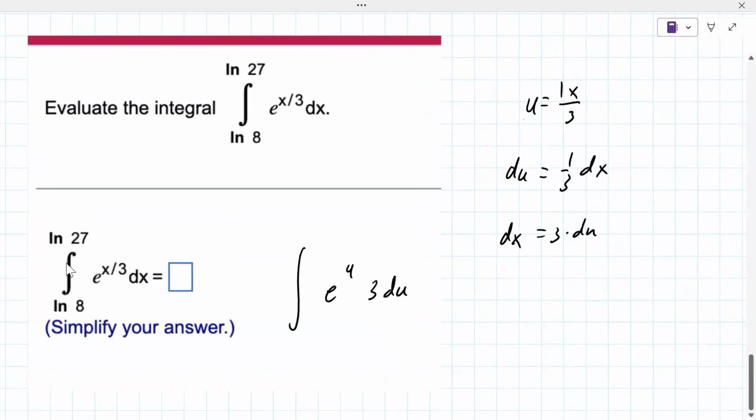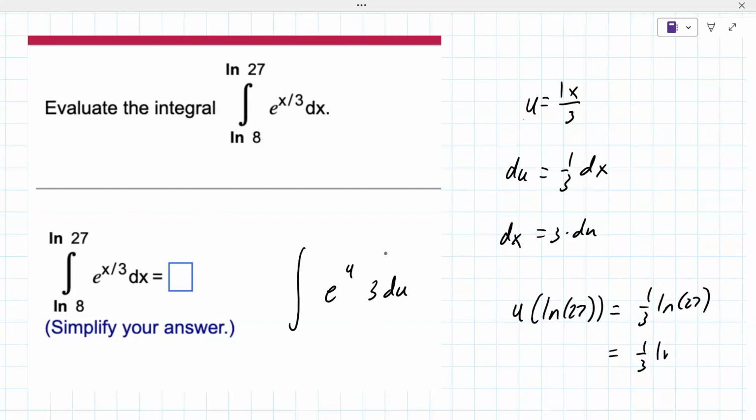And then this one, I don't know that I would change the bounds, because when you put natural log of 27 in here, it doesn't really reduce. I mean, it does, but it doesn't. I'd probably just go back to keeping the original variable, but you could go either way. So u of natural log of 27 is 1/3 natural log of 27, which doesn't look like it simplifies, but 27 is 3 to the power of 3. That 3 comes out in front and cancels, so it becomes the natural log of 3,